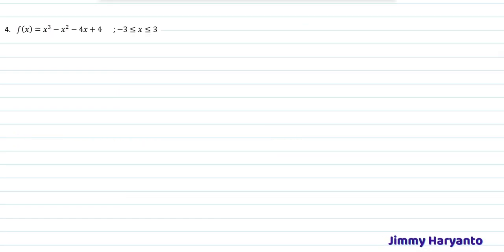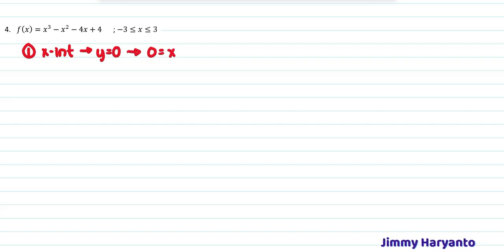Okay, next is example question 4. I will give you a little bit more example questions in this section because the shapes are different from each other. So for this one we have to find the x-intercept first. X-intercept means y equals 0. That means 0 equals x to the power of 3 minus x to the power of 2 minus 4x plus 4. And then later you will factorize this. But unfortunately you haven't learned this, or rather you already learned this, if I'm not mistaken, in the 9th grade polynomials.